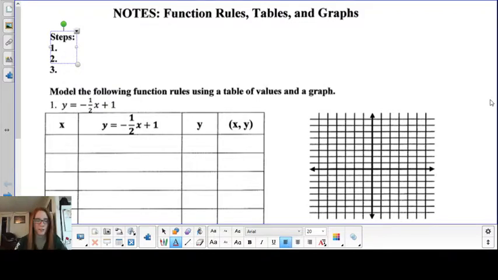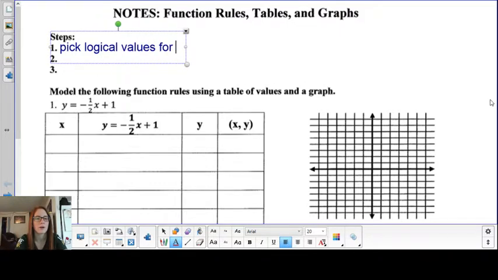So step number one is we're going to pick logical values for our x that we're going to plug into our function, which is step 2. Plug